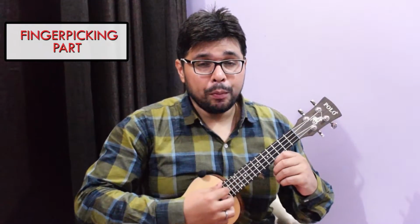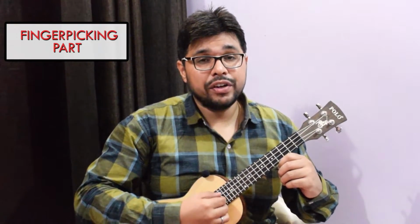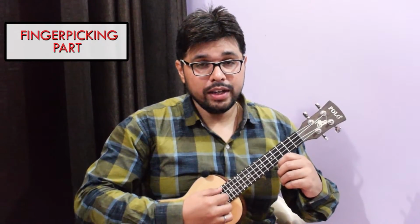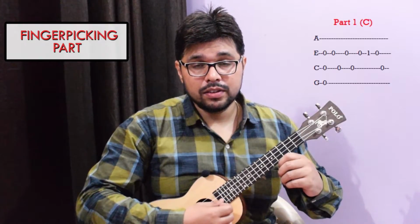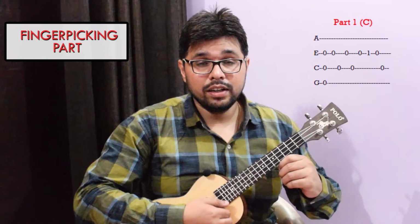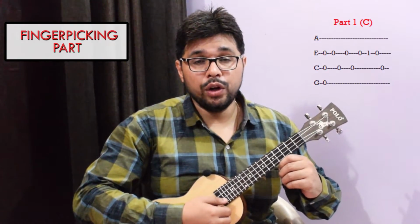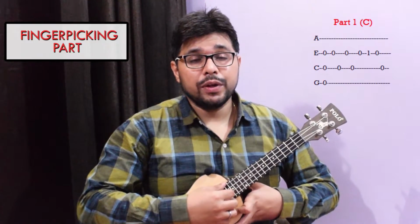Now in first part you have to play strings in open position. So you will use string 4, string 3 and string 2. Okay, so you'll play these 3 strings together like this. Now make sure that you should not touch the string 1. Okay, you have to leave it alone, you don't have to touch it. So you just need to play top 3 strings together like this,